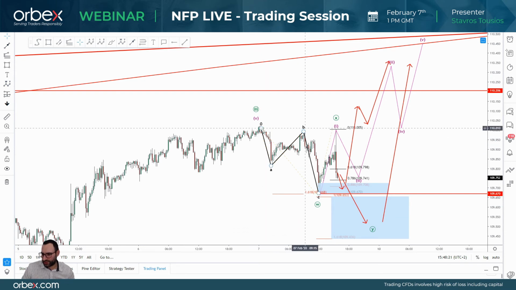The shorter-term, shorter correction, ABC, would mean that anywhere around this level we're going to get a bounce and prices will start moving higher. That suggests this is going to be an impulsive move to the upside that is going to revisit 110.5 at least. What we saw here during the NFP was a very weak attempt to close the 110 level. Markets pushed up, there were some very good selling orders triggered because institutions had a few to close, and then prices moved lower.